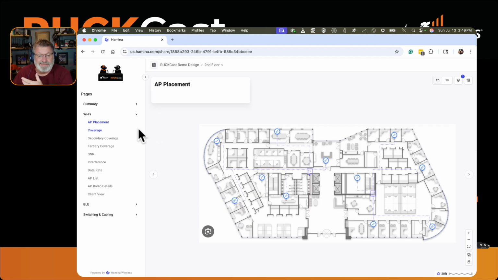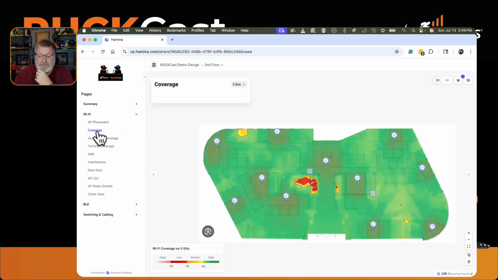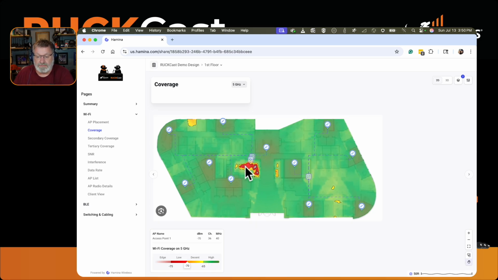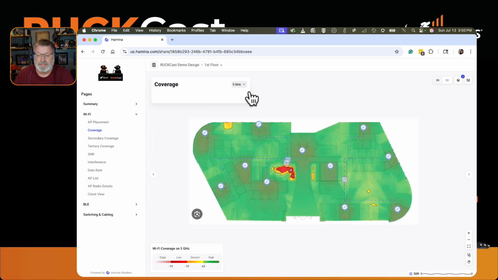Now, that's cool. And installers want to see this, but what do we really want to see? We want to see our coverage maps. And this is where we see those. Now, we now have introduced a new drop-down field up here, and that is up here in this coverage area up here. So we're still looking at our second floor, but I can toggle this and I can go to my first floor. Back here, zoom back out, extend this up a little bit,